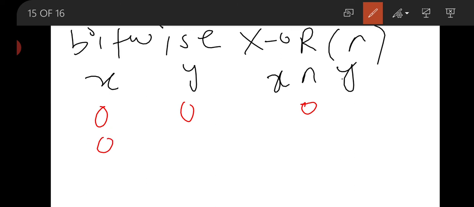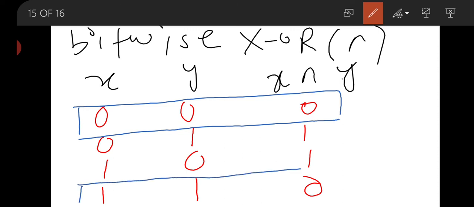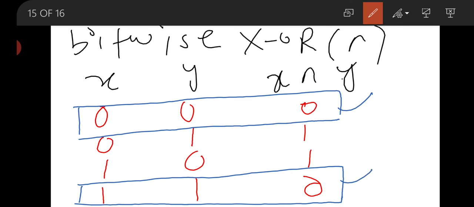If x is 0, y is 1, then it returns 1. If x is 1, y is 0, then it returns 1. If x is 1, y is 1, then it returns 0. Now you can see that the exclusive OR operator returns false if both bits are false, and also returns false if both are true. That means if both bits are the same, it returns false. If both bits are different, it returns true.